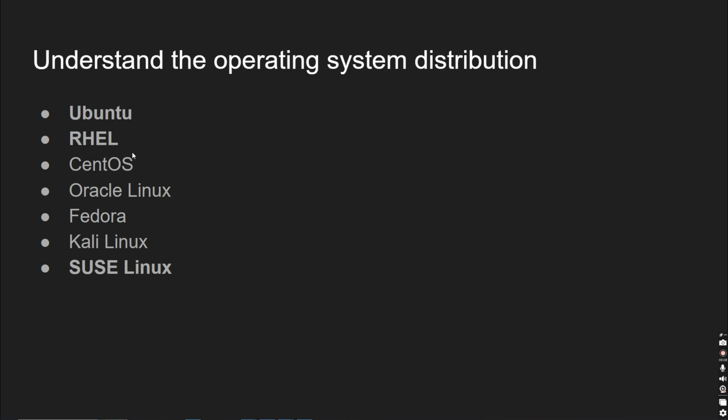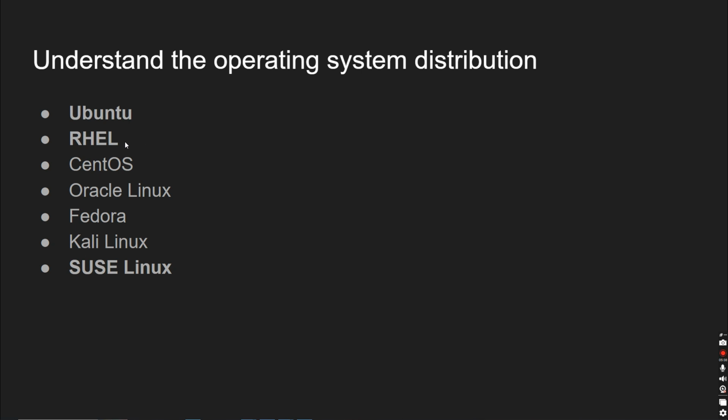Then second is Red Hat Enterprise Linux, that is RHEL. This is an operating system which is widely used in enterprises. Ubuntu is also used in enterprises, but when it comes to enterprise, I see a lot of Red Hat, because there is professional support available from Red Hat. Even for Ubuntu, there is now professional support available. There are paid enterprise plans for Ubuntu.